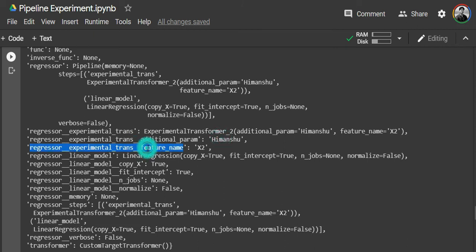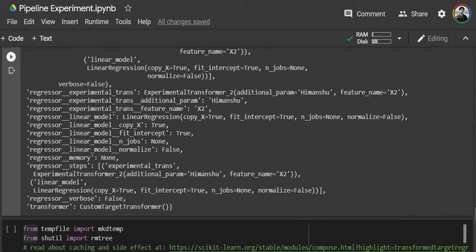There was a feature name parameter which we had used, which was the name of the column. So there again is experimental_trans_feature_name, which basically says feature_name is inside experimental_trans, which is inside regressor. This is how you follow the hierarchy and try to access elements.